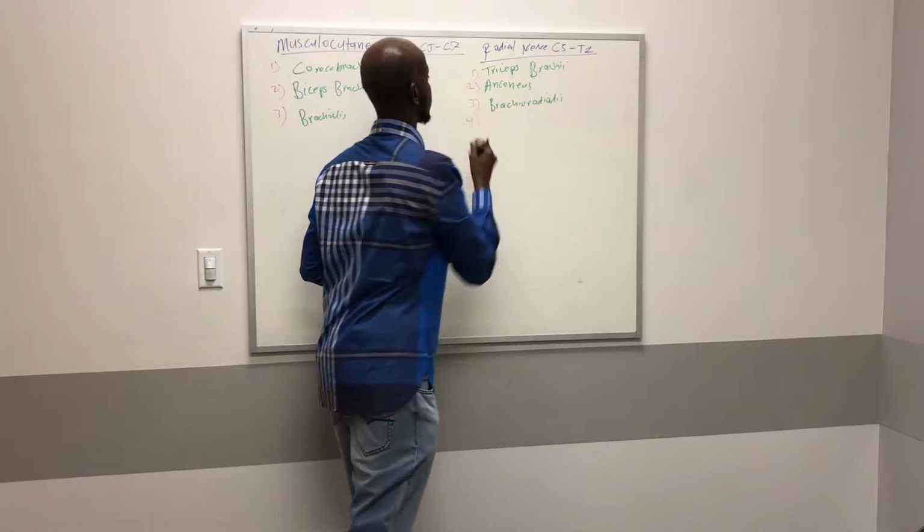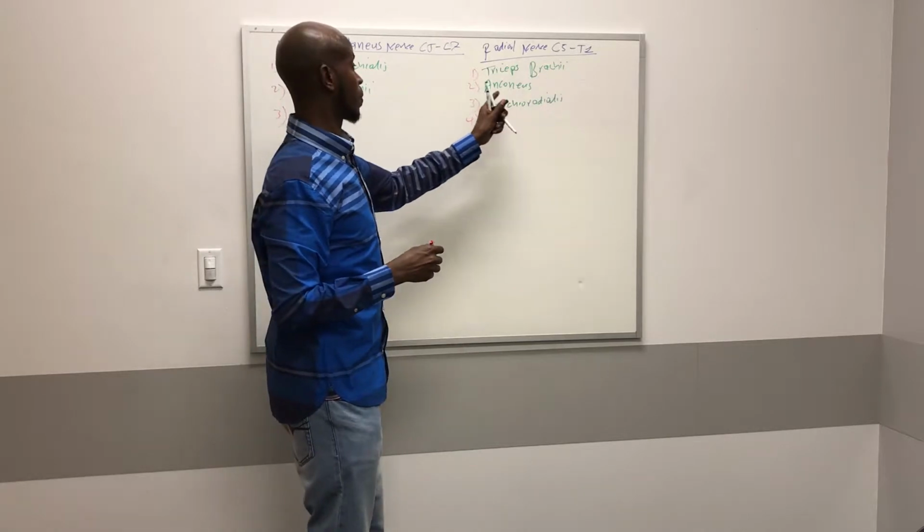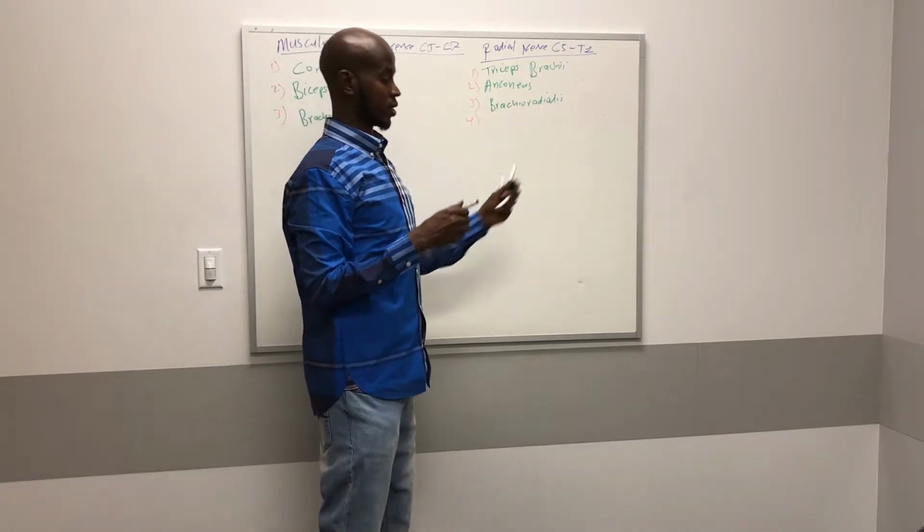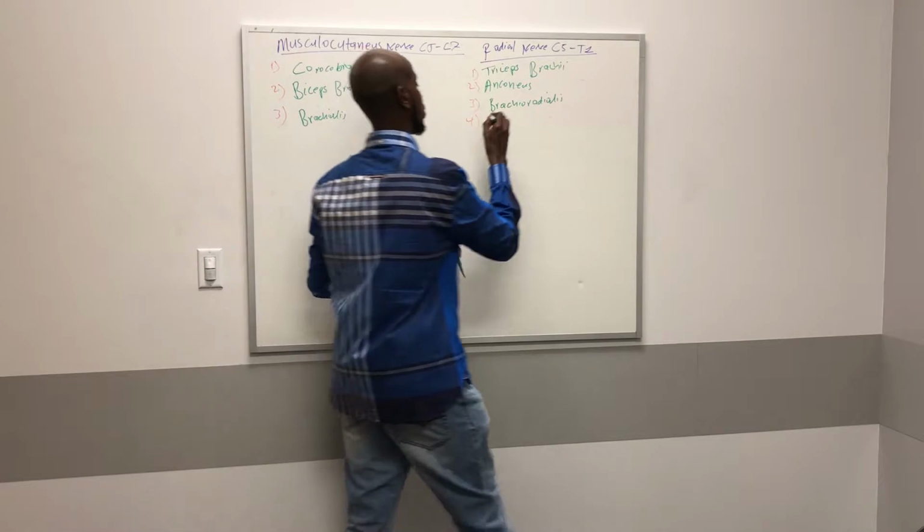So triceps brachii, anconeus, brachioradialis. Number 4,